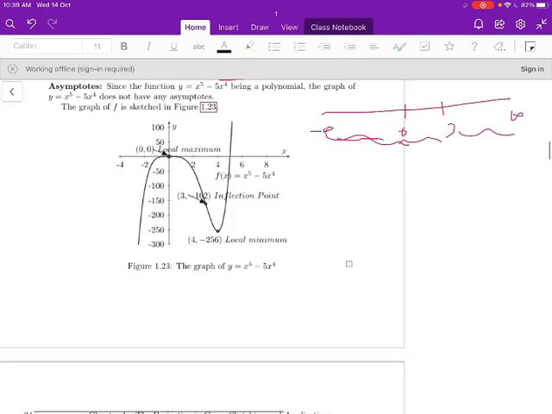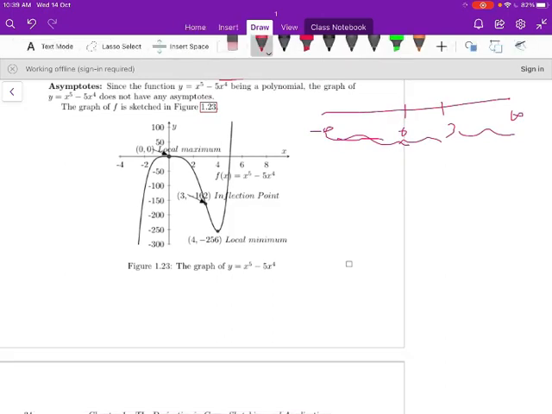Let us sketch the graph with the help of the results now. So you know the local minimum value and local maximum. The local maximum value is 0 comma 0, which I have drawn here. The local minimum value is 4 comma minus 256, which I have drawn here, and 3 comma minus 1 comma 62 is a point of inflection. So at this point the concavity changes from downward to upward. Therefore this point is a point of inflection. And we have also seen the intercept points. So roughly we can sketch the graph like this.